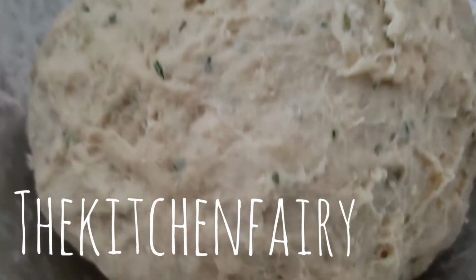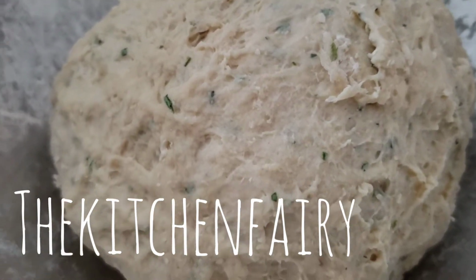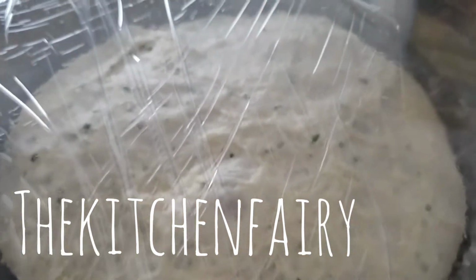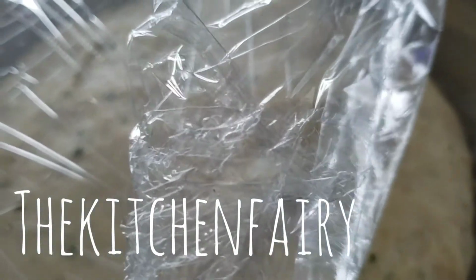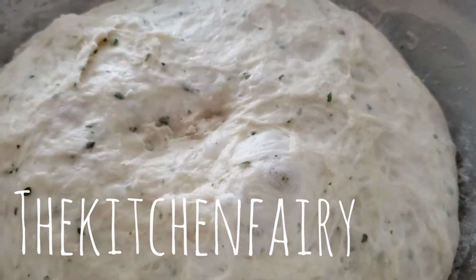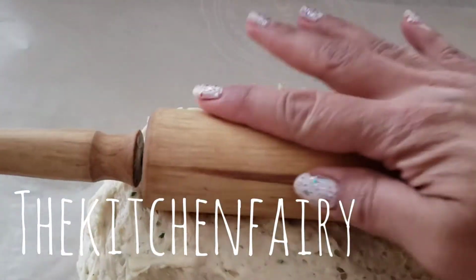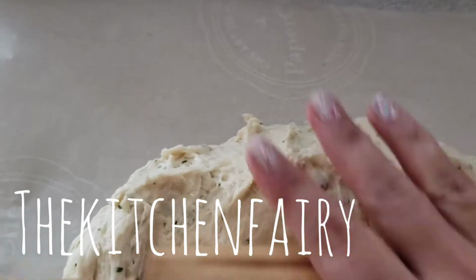Once the dough is kneaded, we're gonna cover this with cling wrap and let it rest again for 40 minutes to 1 hour until doubled in size. Now the dough has doubled in size. We're gonna roll it flat. Just dump it on your flat surface, either floured or lined with parchment paper, and roll it